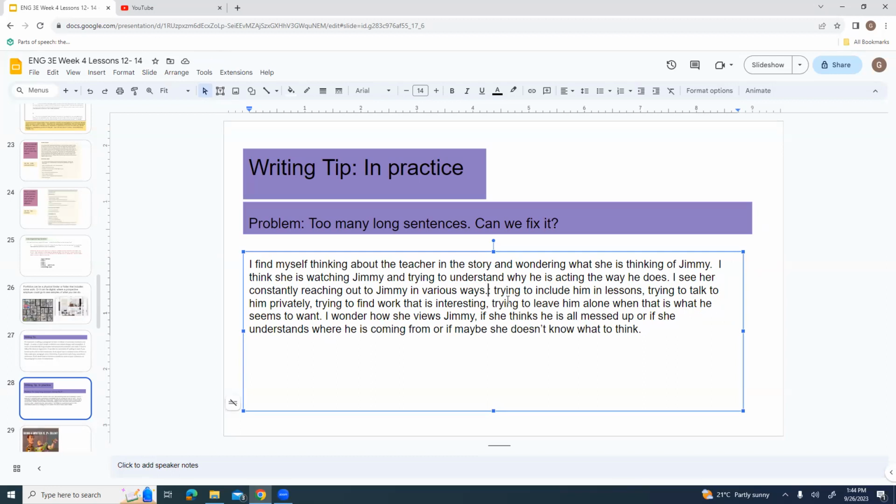Now, I give a whole bunch of different ways that she reaches out to him, and I have to think about ways to turn those into sentences of their own without them all sounding the same. So let's see. For example, she keeps trying to include him in lessons.